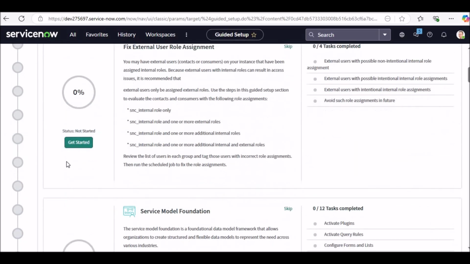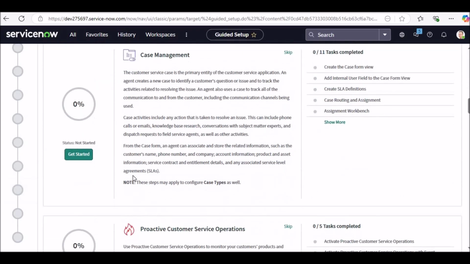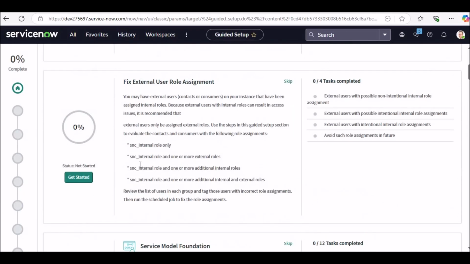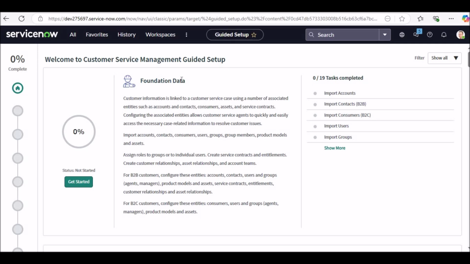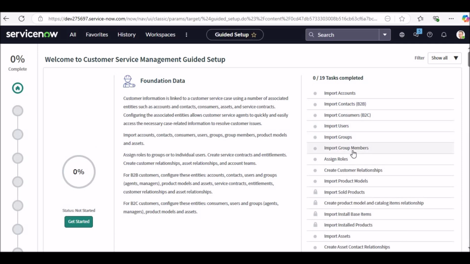Okay, there are around 20 steps that we need to do, and each step has multiple tasks. First is set up the foundation data. That is very, very important. So when we talk about the foundation data, it talks about the accounts, consumers, fulfiller user groups, how we are